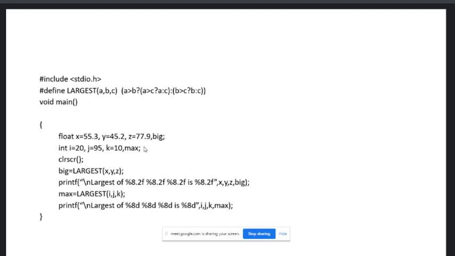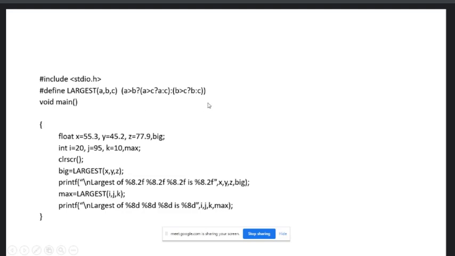Big equal to largest. Now here the preprocessor will replace it with a string. So what are you passing? You are passing x, y, z. The values of x, y, z are 55.3, 45.2, and 77.9. That would be stored inside a, b, c respectively. And instead of this line, the preprocessor will write this line.